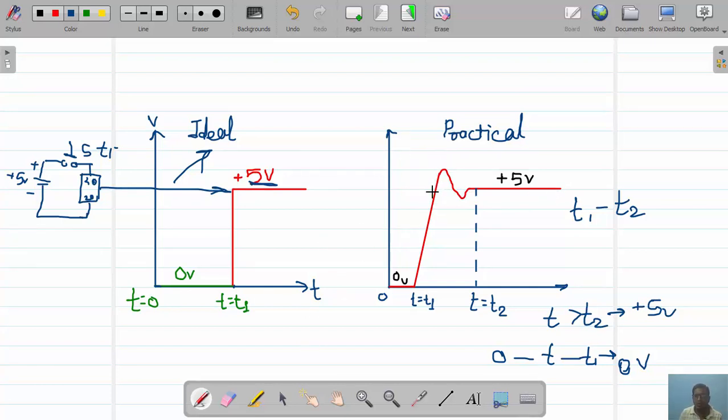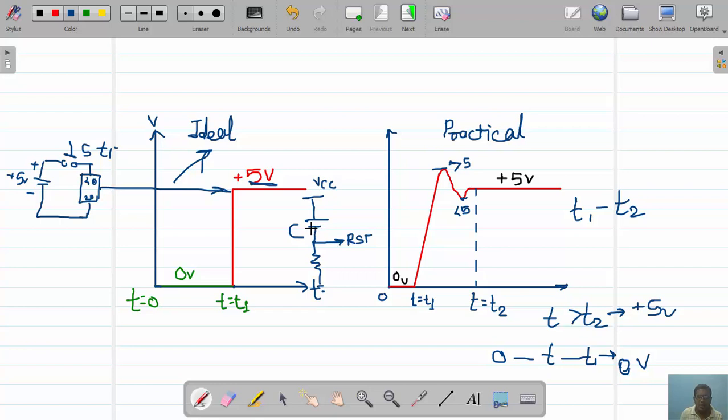So now it might be possible that due to these spikes, this value is greater than plus 5 volt, and this value is less than plus 5 volt, which is not the rated voltage for the 8051 microcontroller. So here I am going to deal with the power on reset, which is formed with the help of this simple capacitor C and resistor R, and the middle point is given to the reset pin, and here we have this VCC.